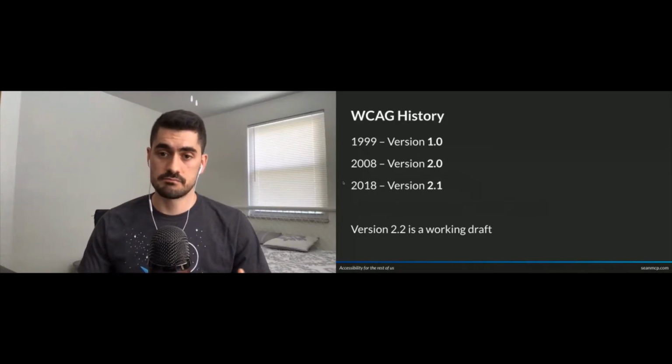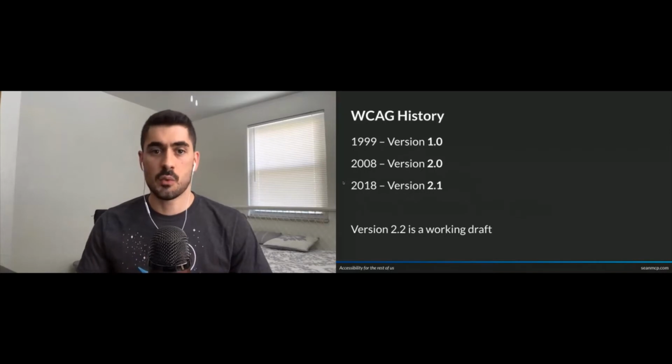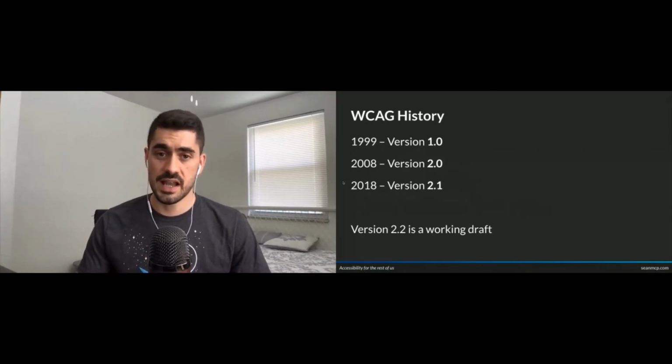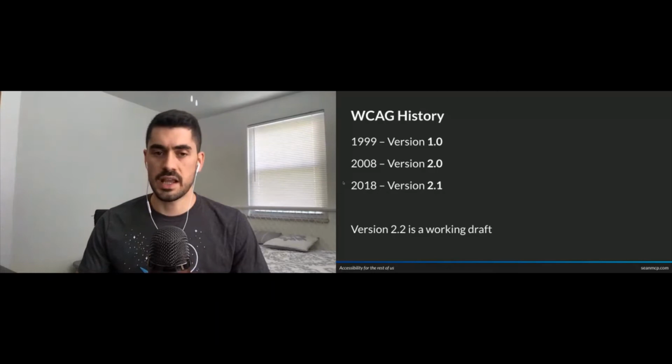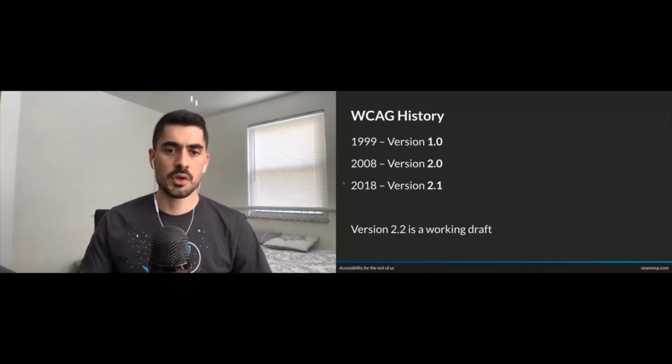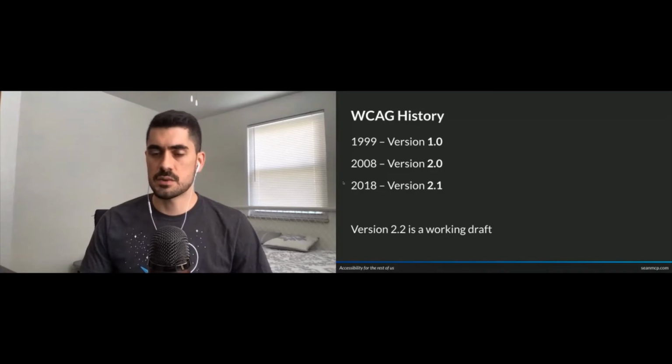And as you can remember, or imagine if you're a little bit younger, the web was a very different place back in the late 90s. So in 2008, they updated the WCAG to version 2.0. Then, 10 years later, they must have realized that their versioning system wasn't working, so they released version 2.1 in 2018. The working draft for version 2.2 is underway, but for this talk, I'll be referencing the latest release, version